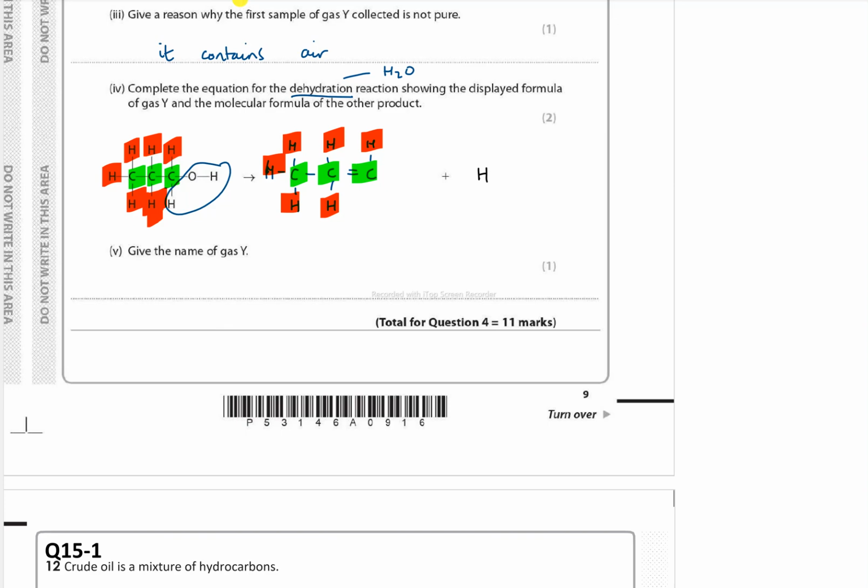We need 1, 2, 3, 1, 2, 3. Oh, silly person. Did I just do that? I believe I did that. I can't put that there. Do you know why? Because you've got 4 bonds already, so we're going to have to take that back there, I'm afraid. Right, and then